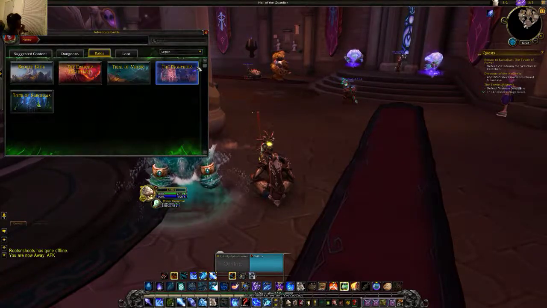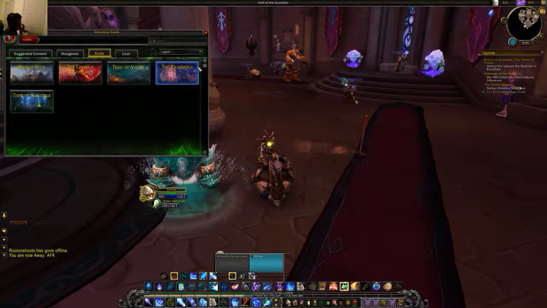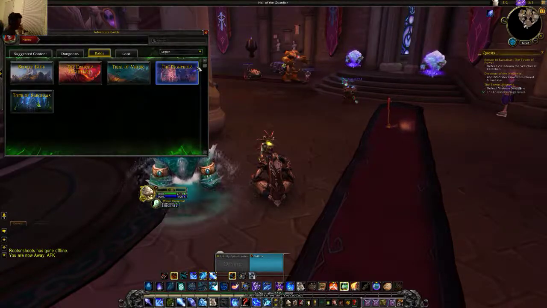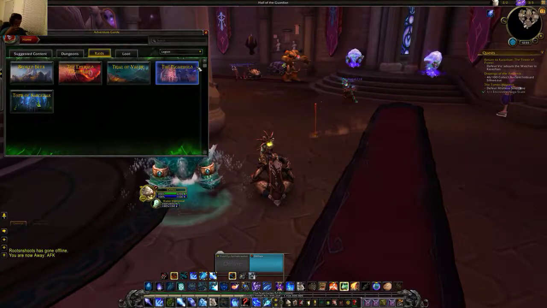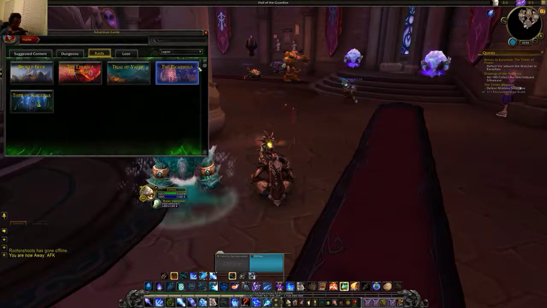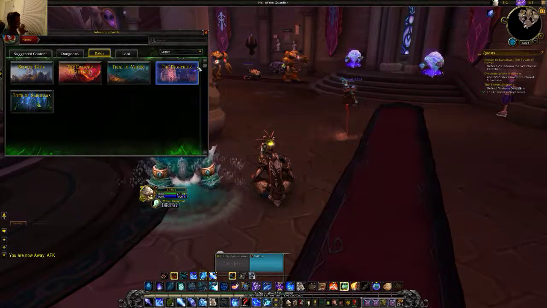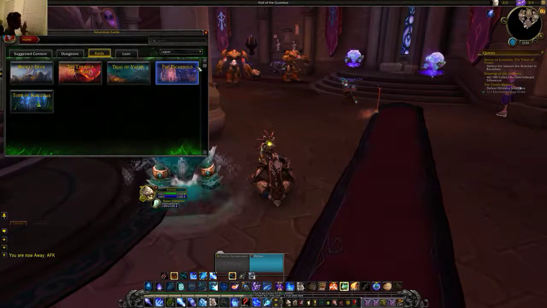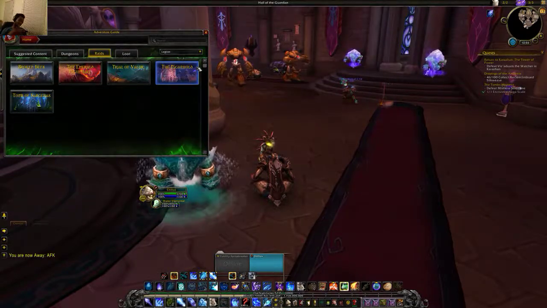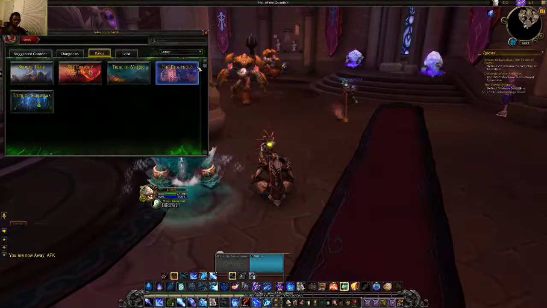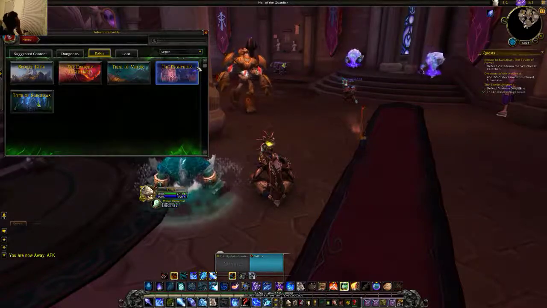But yeah, dungeons are 5 people. Raids can be, so looking for raid, LFR, is 25 people. I'm sorry, I should say LFR is 25 people. Normal can be anywhere between 10 and 25 people. Heroic can be anywhere between 10 and 25 people, and